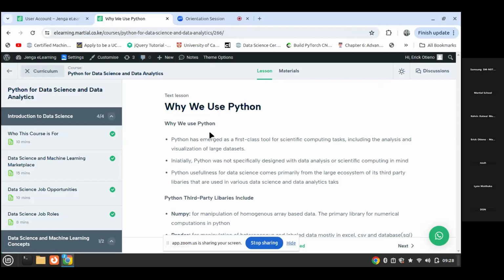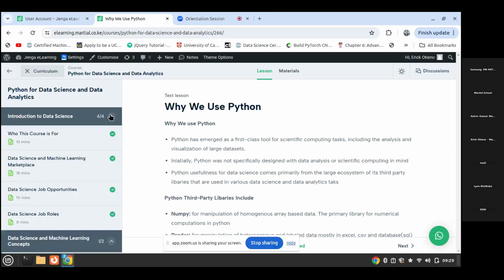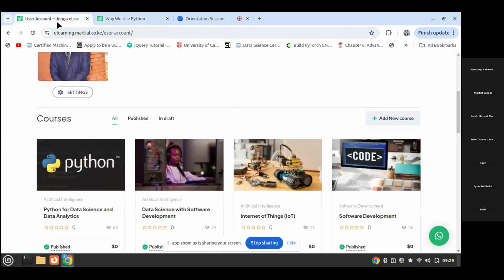Where now I want to introduce you officially to this program. I believe that we have combined students for both data science and data analytics. So today, my primary focus was to answer this question: why take this course now? What is the reason that you should take the data science or data analytics program? So I wanted us to go to your e-learning portal.